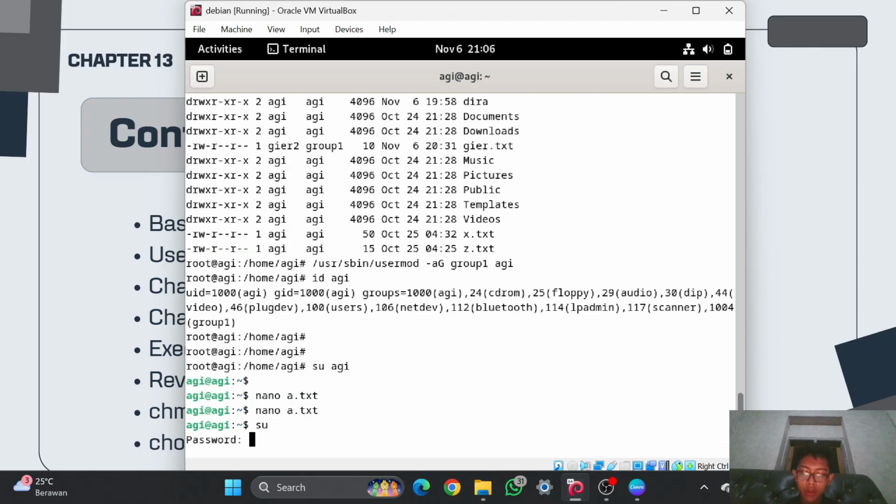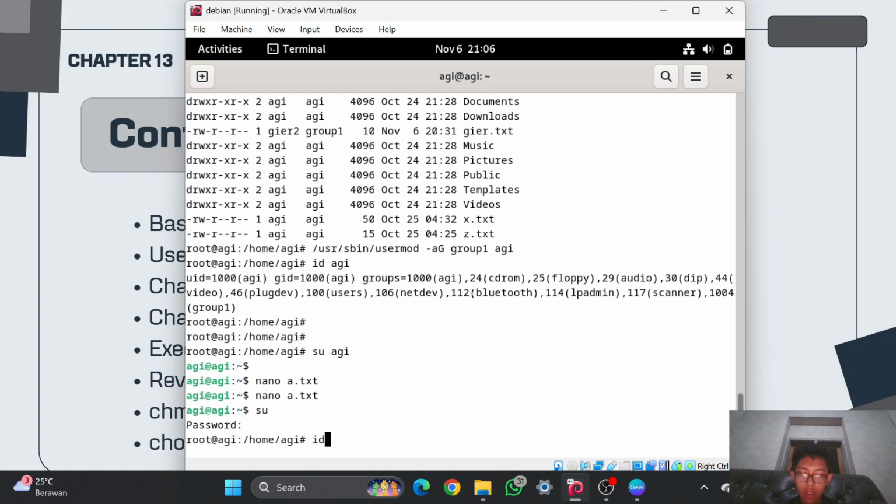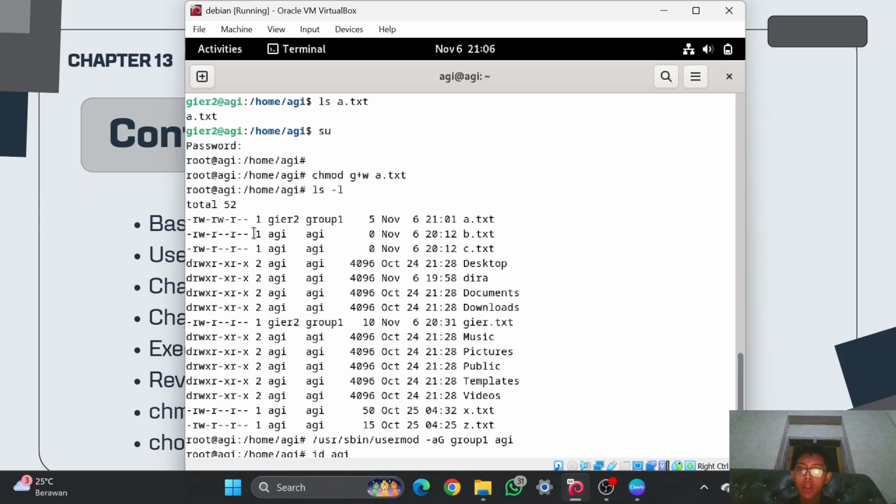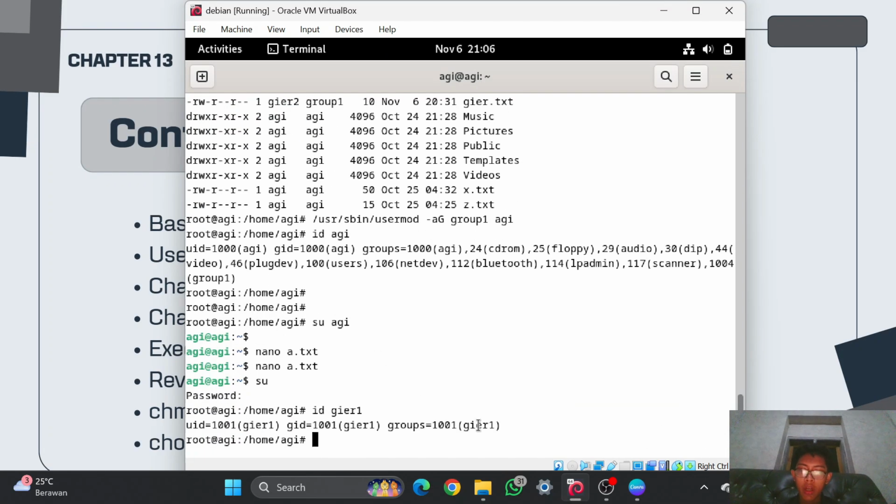Wait guys. So the gr1 is not included in any group in here. As you can see, the gr1 is not included in the group 1, and I will try to edit this file from gr1 that is not in the group 1.